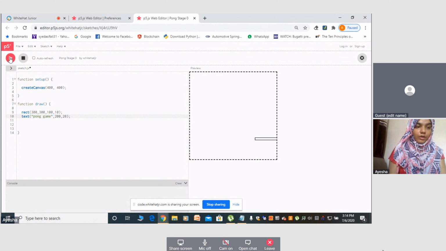It will give a string of Pong game, 200 along the x-axis, and 20, which means at a distance of 20 from the y-axis. So this command is basically for placing the x and y position, nothing else.